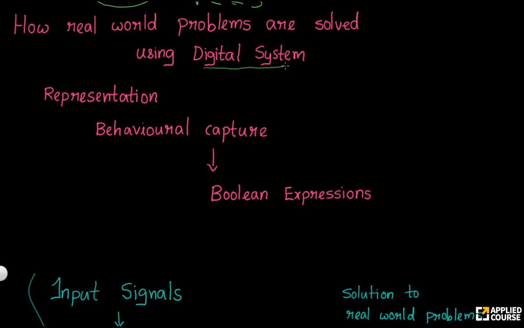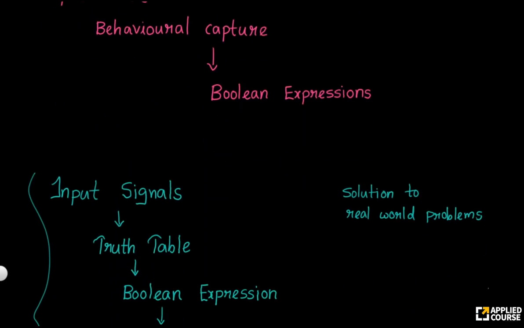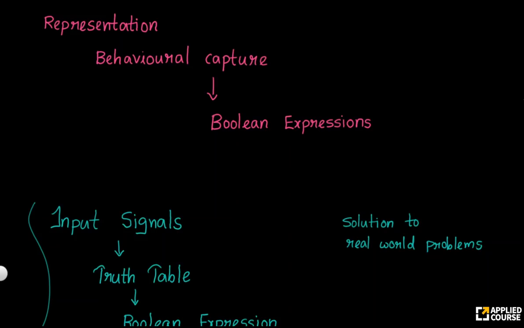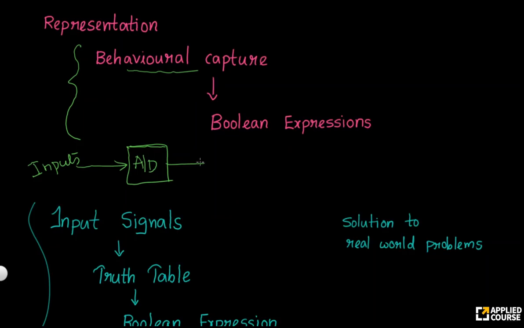Okay. Now, in order to solve the real world problems using the digital system, we need to have some kind of process. We will see that the first step is you should represent that real world problem as a Boolean expression. In other words, you should capture the behavioral aspects of that physical problem and get the Boolean expression. So in this case, how we can consider it? We say that the real world problem inputs are basically analog, and hence you need to convert to digital, and this in turn is going to be used for devising the behavioral aspects of the problem, and we tabulate it. We call that a truth table. And from the truth table, you devise the Boolean expression,